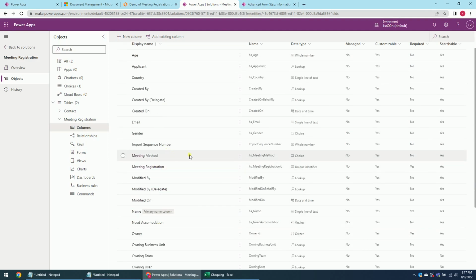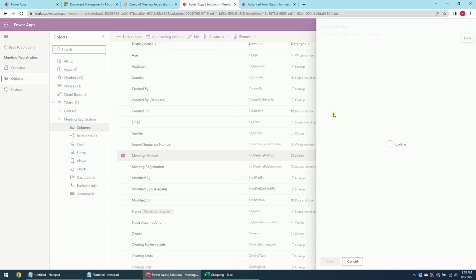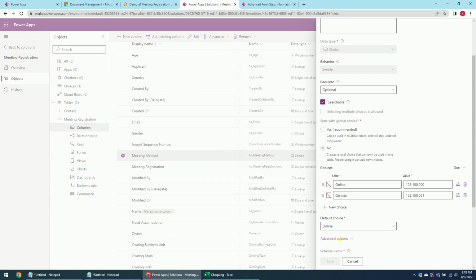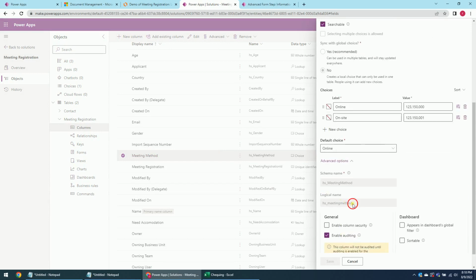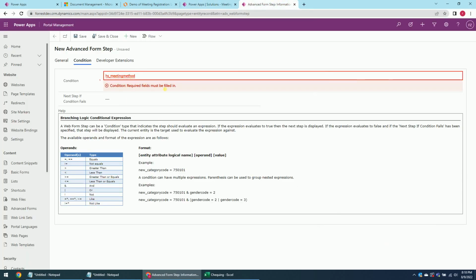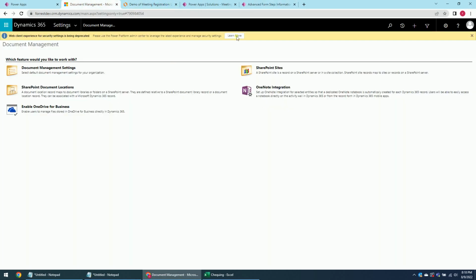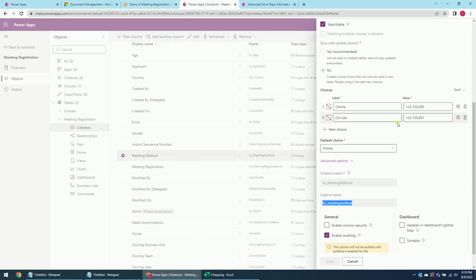Yeah, I know this name sounds a little weird, but forgive my English. Okay, let's open it and go to the advanced option. Then we just copy the logical name here and here. The meeting method is on-site, right? It's on-site. So let's look at the on-site. We just copy this value,